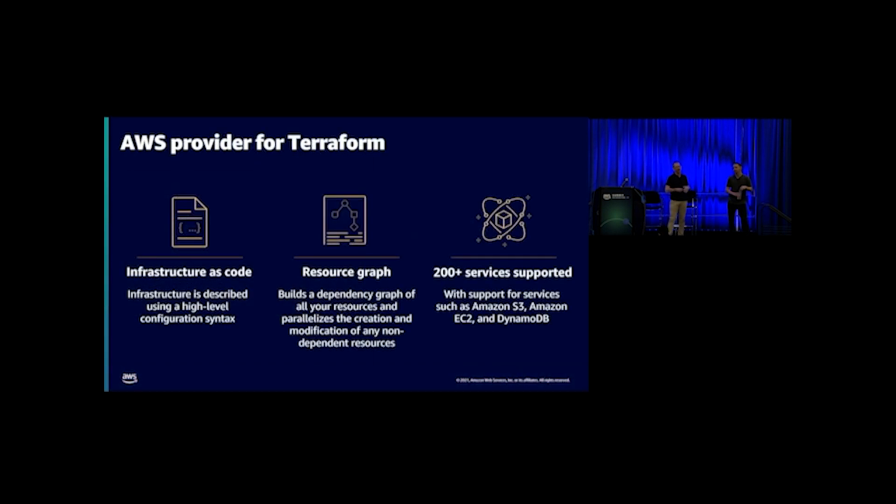So when we think about the provider for Terraform, I want to dive into what it provides and how it works. So infrastructure as code, declarative language, you define what you want to have, and it creates it. Terraform core actually parses those files out. It will understand what's there. It'll validate the syntax that the user provides. It will also build a dependency graph. So it will interrogate which resources are related, and it'll create them sequentially or concurrently, depending on how they're aligned. All that's handled for you by Terraform core.